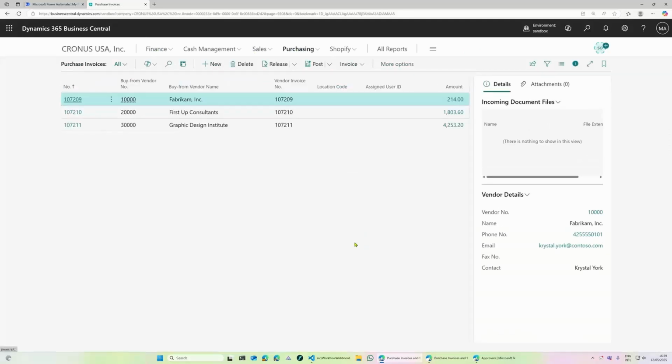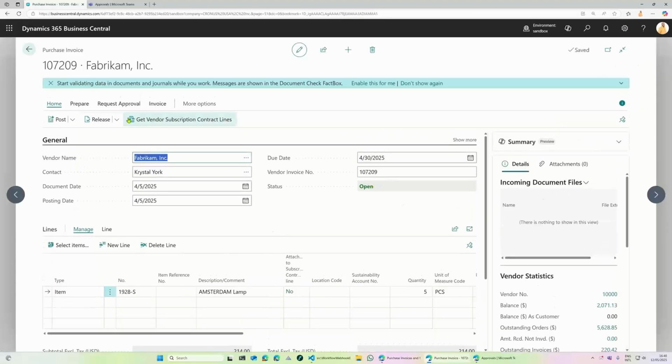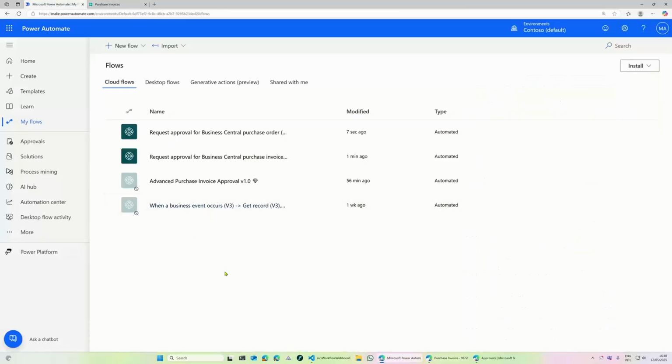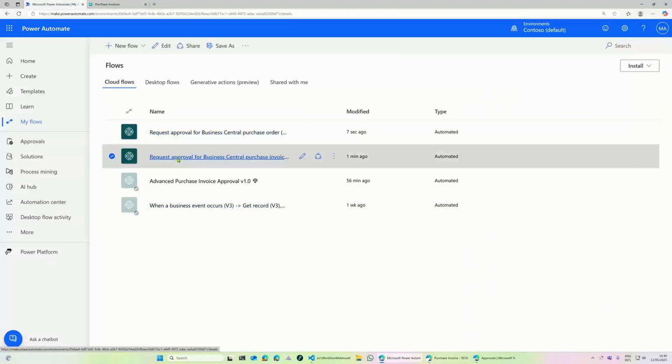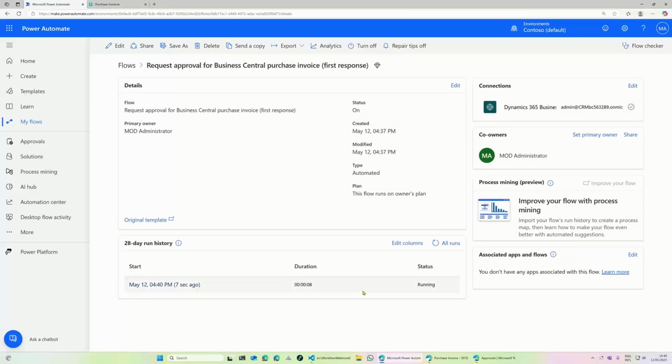I've set up approvals already here with different users, etc. Actually, I should go into this user. No, that's not the one. This, yeah, this is the user that is going to request a purchase invoice. So I'm here on a purchase invoice. It is open, and let's do a request for approval. It's now sent. So if I go back in to this one here, I would now see at least one flow is running 7 seconds ago.